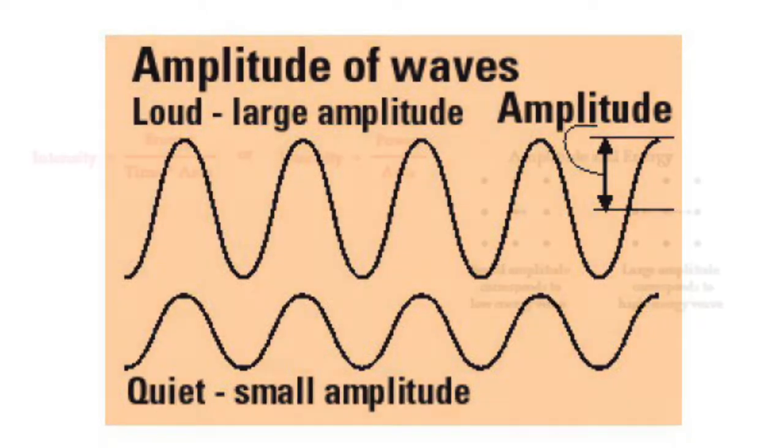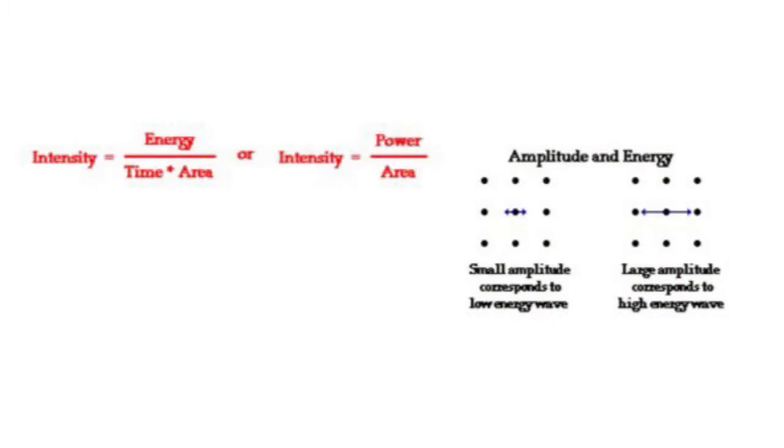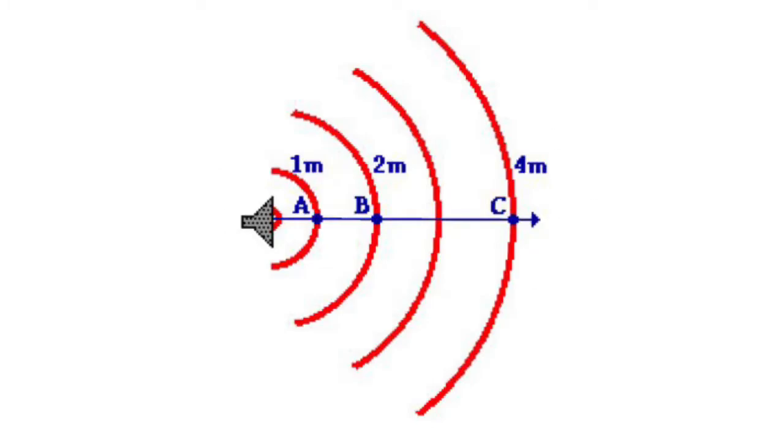This can be calculated as energy over time over area, and since energy over time is equivalent to power, it is basically power over area. The unit for intensity is watts per meter squared. When we go further from the sound source, the intensity lowers. This relation is called the inverse square relationship. If the distance is doubled, then the intensity decreases by a factor of 4, like in situations A and C. If the distance is quadrupled, then the intensity decreases by a factor of 16. This is why it is called the inverse square relationship.